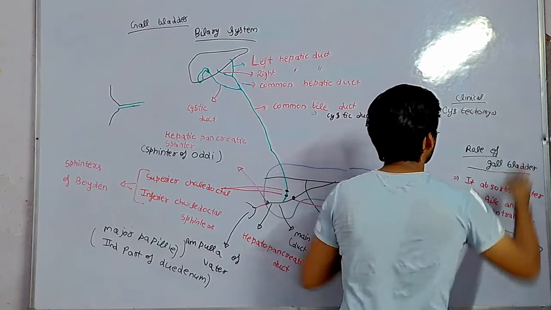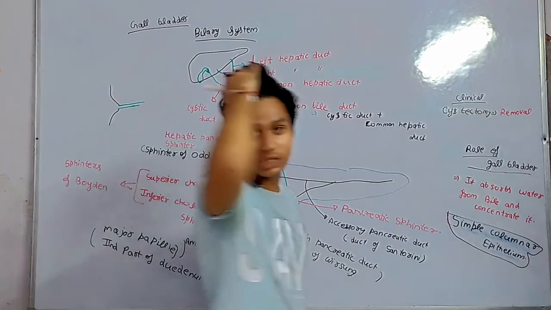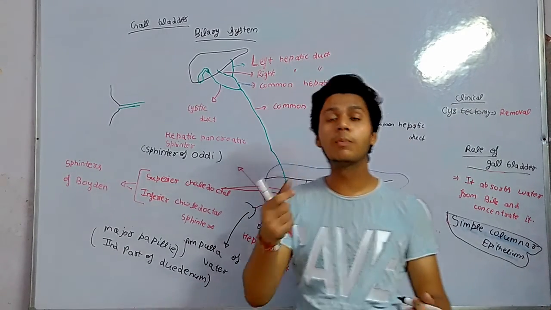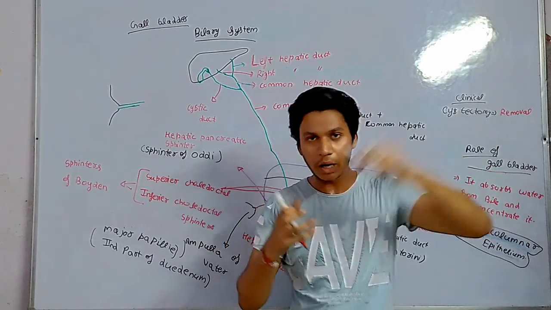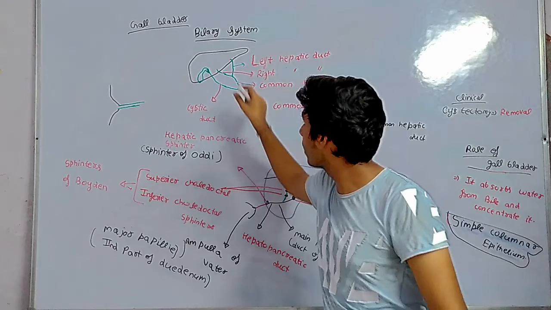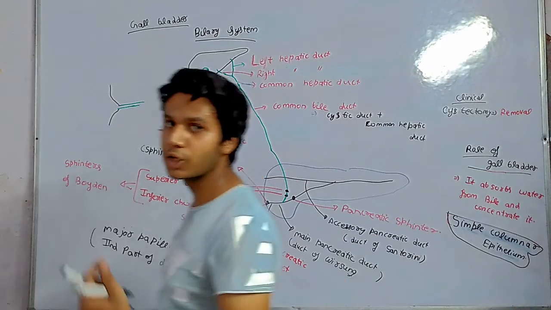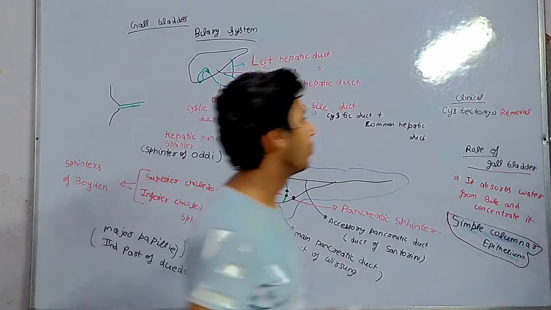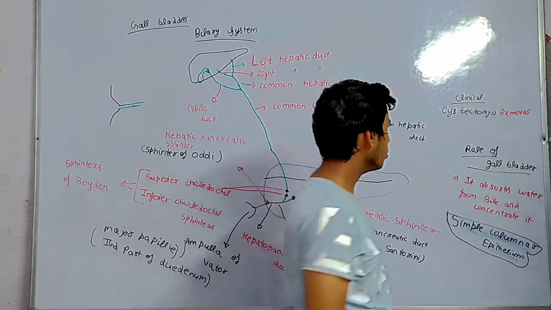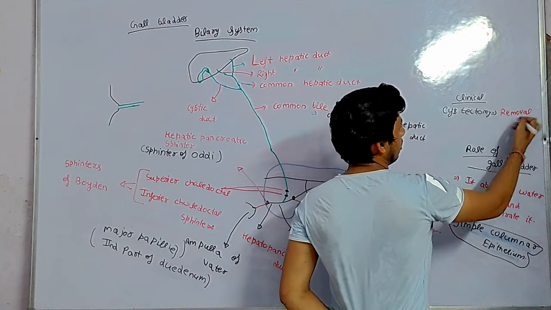Obviously, removal of the gallbladder. In which case? During stones, sometimes gallbladder stones block the complete bile secretion. When bile again pushes the stone, it descends and comes into this biliary system and completely blocks the bile secretion. So if bile secretion decreases, there is a chance of liver problems, liver cirrhosis can happen, and many other things also come. So it is more dangerous and fatal. So to prevent this, we remove the gallbladder.